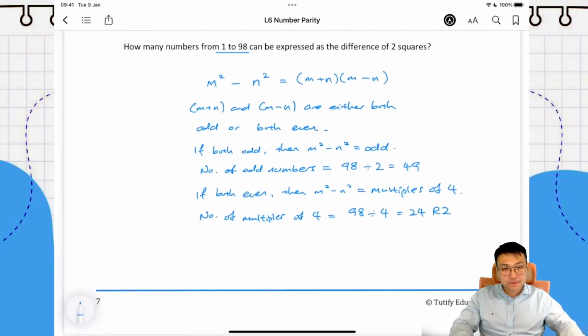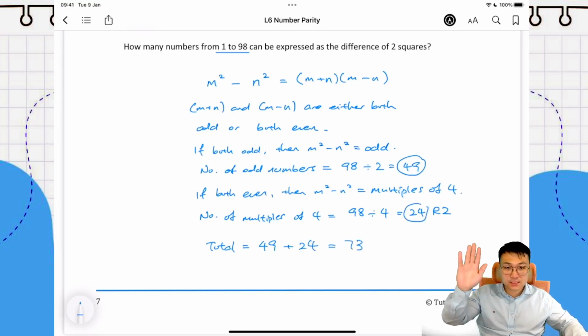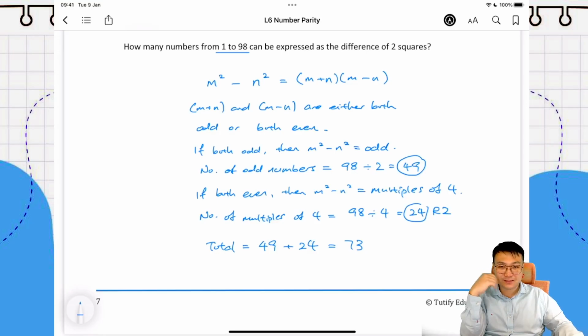So students, can I say that the total number of numbers is 49 plus 24? Who thinks the answer should be 73? Raise your hand. Or who thinks that 73 is wrong? Students, 73 is wrong. Albert, can you tell me why 73 is wrong? Albert, do you know why? Oops, he got disconnected. Okay, 73 is wrong. The answer should be